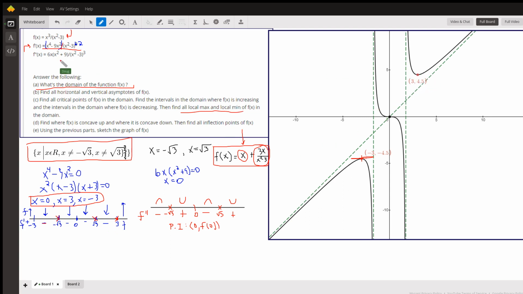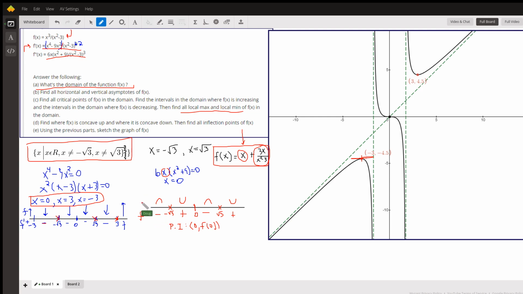For the second derivative, which is going to allow us to do the test for concavity, we want to know when does it equal 0. Well, the numerator only equals 0 when x equals 0. So we might apply the same technique here, put 0 on the number line along with the 2 places where we have vertical asymptotes. To the left of negative square root of 3, the second derivative is negative,